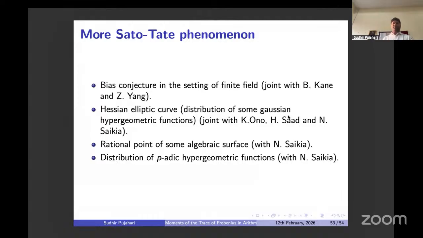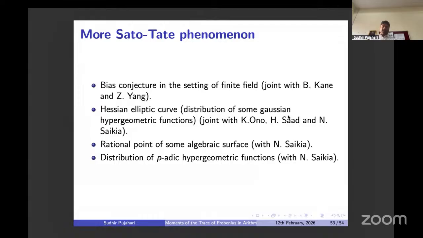So what I'm trying to show you is that this phenomenon of Sato-Tate is quite global. In many different settings, they obey the Sato-Tate law. Like the Gaussian distribution is very natural, right? It occurs in nature everywhere. If you look at the heights, let's say, in the state of Odisha, the distribution is supposed to be Gaussian, and so forth. In the same way, if you look at the rational points of algebraic surfaces, again the Sato-Tate phenomenon is occurring, and on the other side there are hypergeometric series.